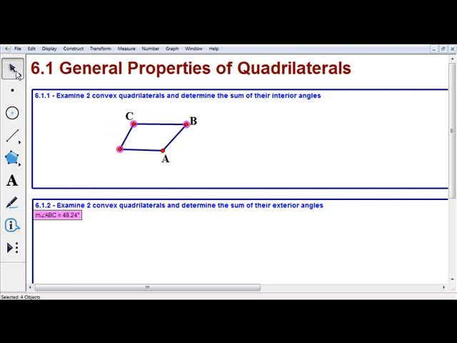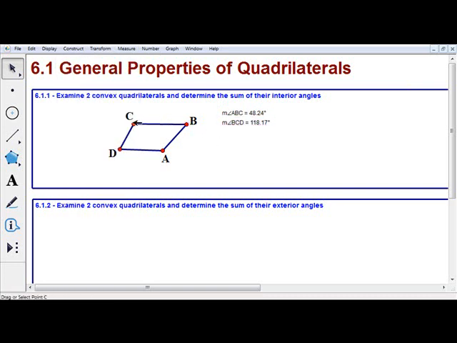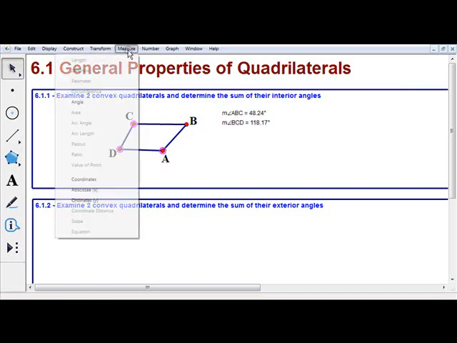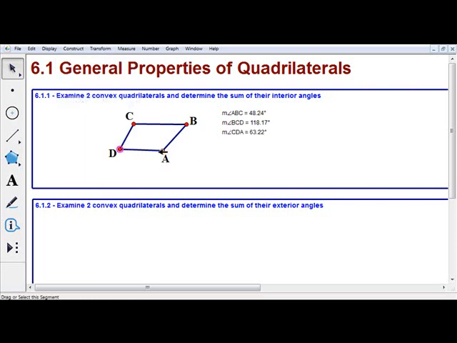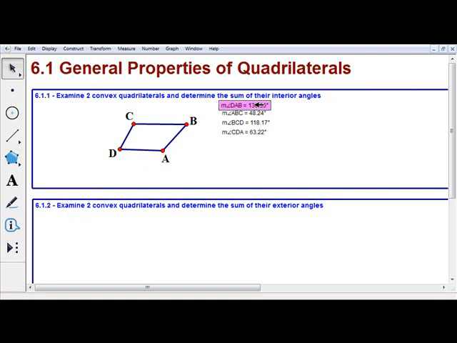So, oops, if I move this up here so it's all together. So there's angle B, here's angle C, here's angle D, and then finally angle A. So if we measure those angles,